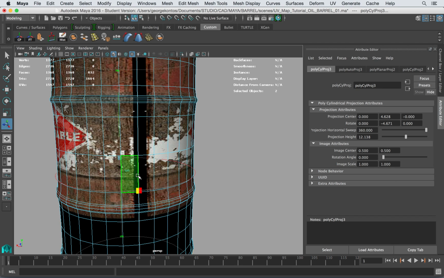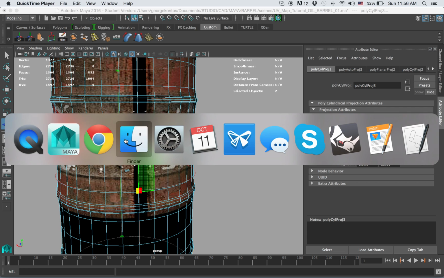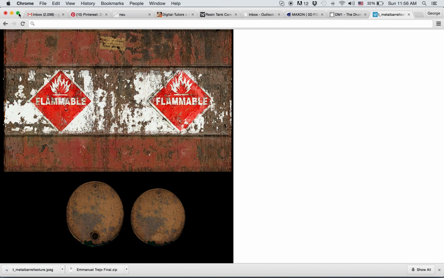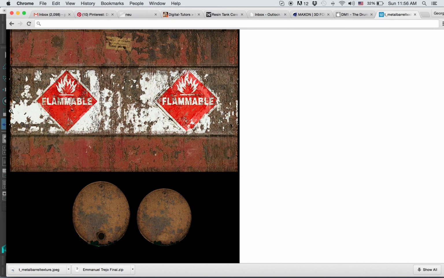Of course, this black line is not a problem here in Maya. It's basically the material. The texture itself, if you notice, has this kind of black frame around it. To eliminate that, we should go to Photoshop and just cut these areas, crop the image. So I'm going to go back to Maya